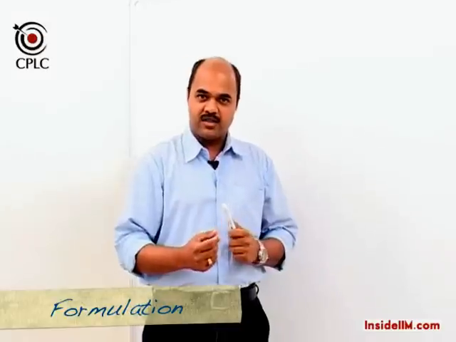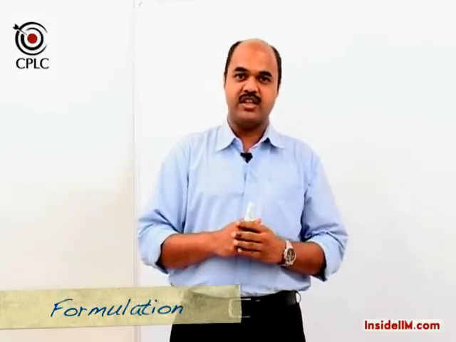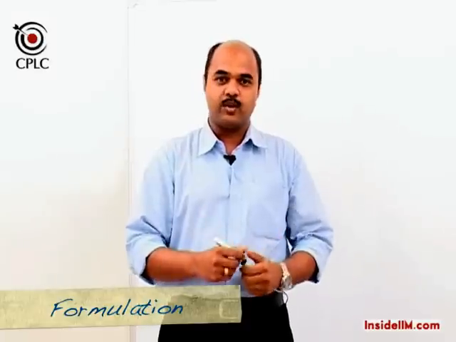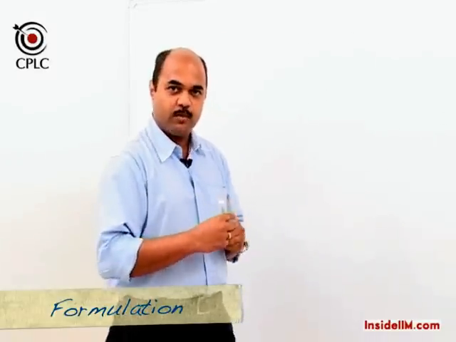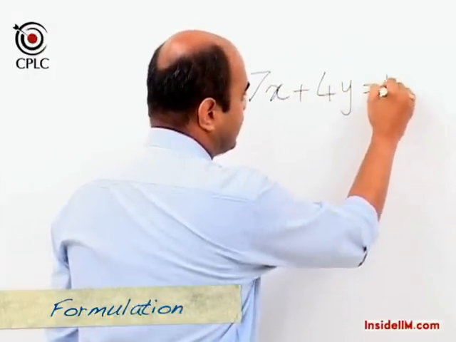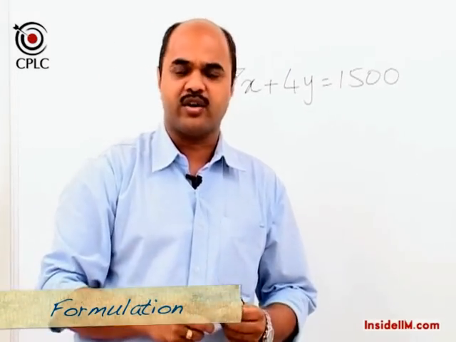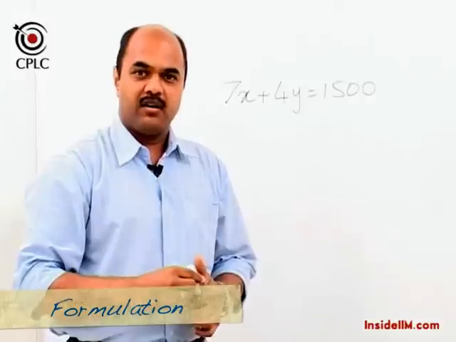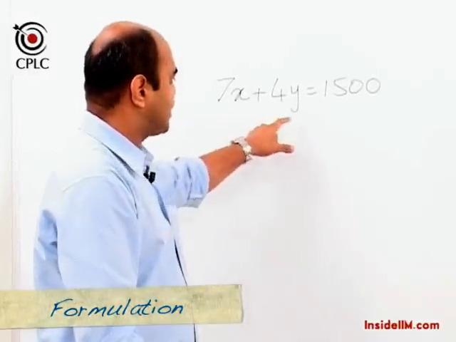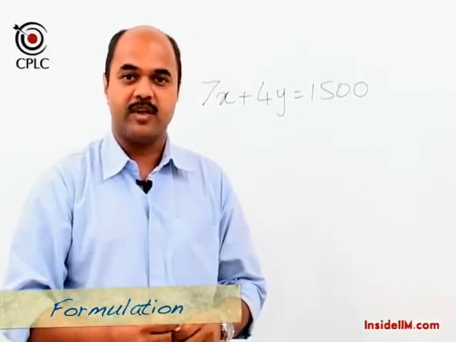Now whenever we give this statement, 7 books and 4 CDs together cost rupees 1500, what would be the equation for this statement? The most common response that we would get is 7x + 4y = 1500. Is this wrong? No, this is not at all wrong. This is absolutely right. But out of our experience, we can say that instead of using x and y, if we use some other variable, our entire solution will become simpler.